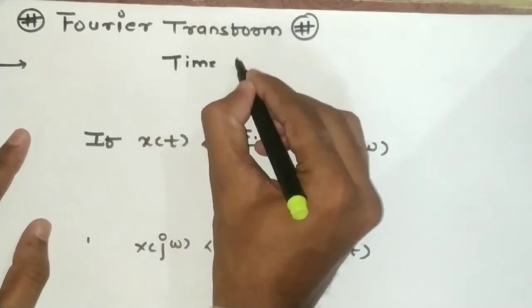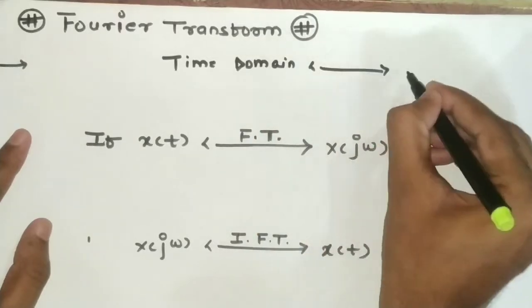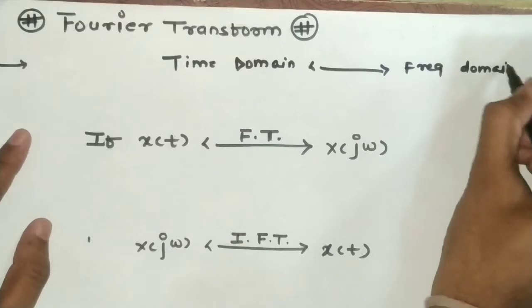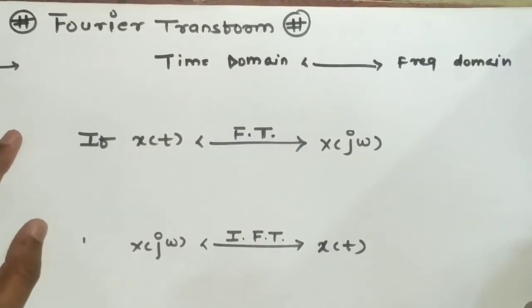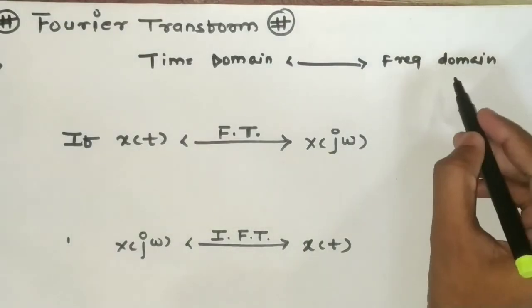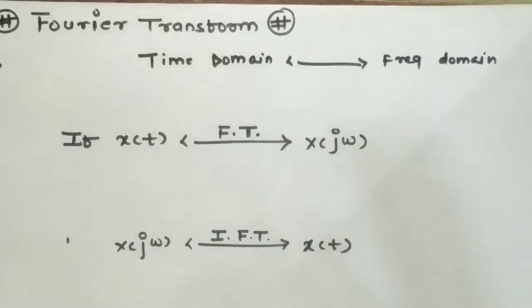time domain into frequency domain. Now, why is it necessary to convert a signal from time domain to frequency domain? It is quite easier to analyze the characteristics of any signal in the frequency domain in comparison with the time domain. Therefore, we have several techniques like Fourier transform, Laplace transform, Z transform, fast Fourier transform, DFT